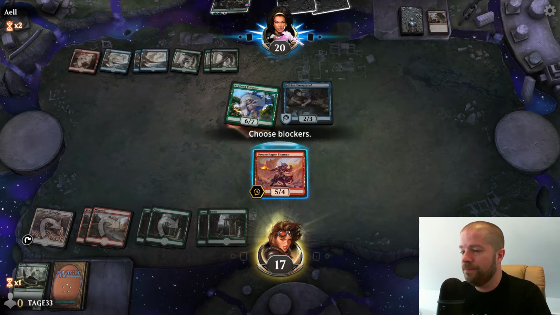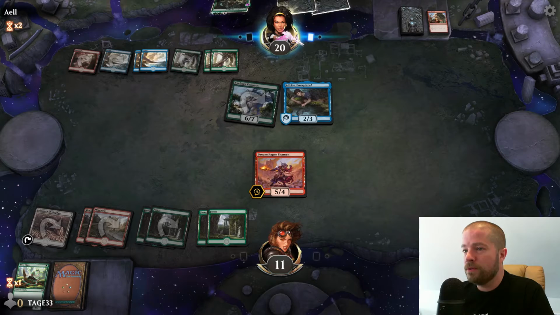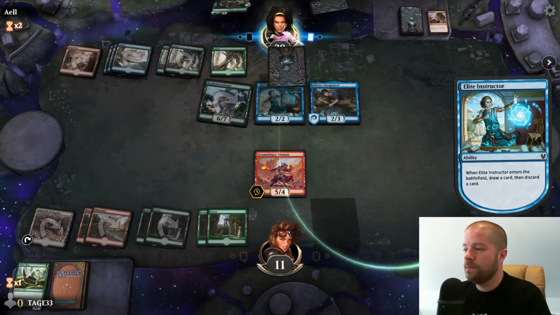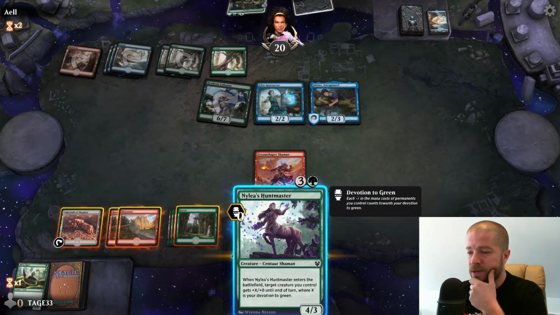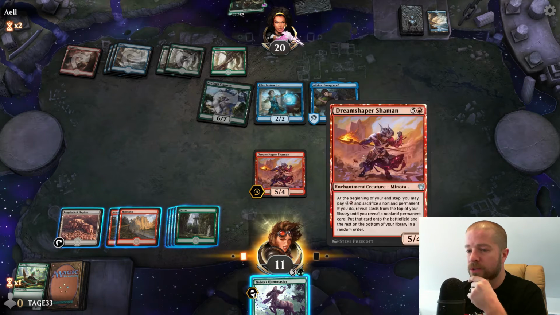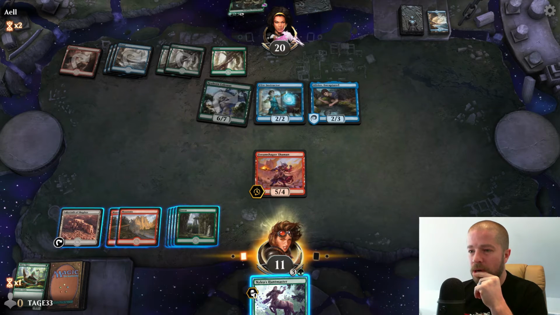At least we can use the Labyrinth of Scophos from now on. It's not a bad card. Elite Instructor. That helps a bit. Now, Elite Instructor enters the battlefield. Target creature you control gets +X+. Whereas your Devotion to Green. Well, we'll have literally just one Devotion to Green. So, not super awesome. Again, we can't...